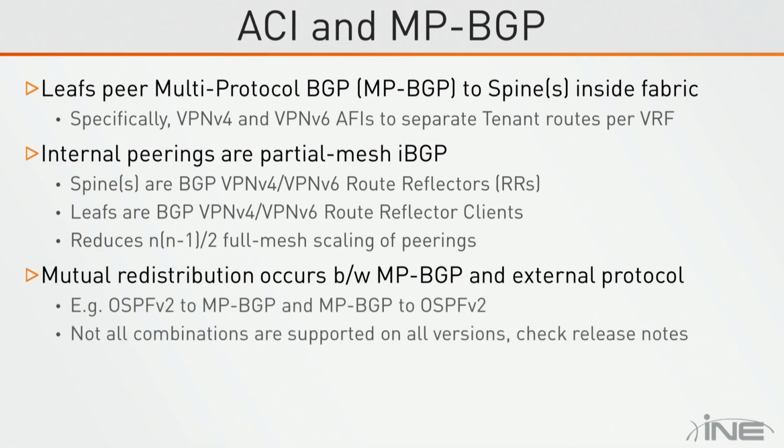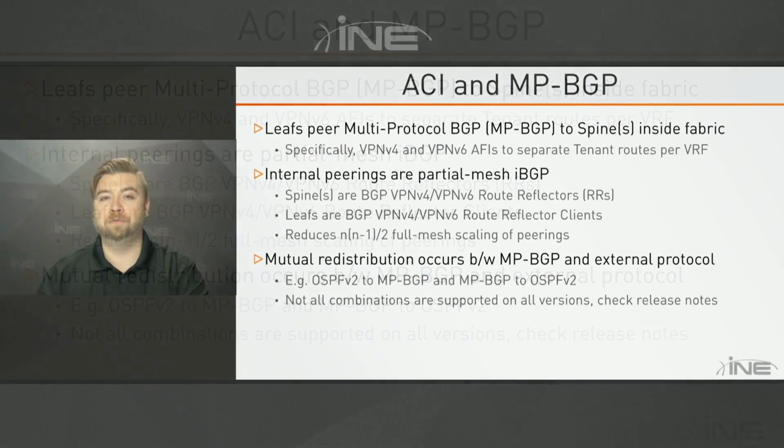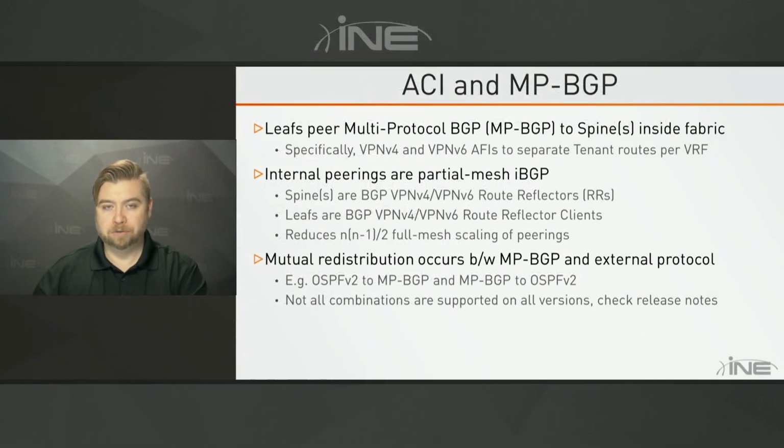Okay, so like I mentioned, mutual redistribution is going to happen between the multi-protocol BGP process and the external protocol. So if we're running OSPF from the border leaf to the external router, we're going to learn the routes in OSPFv2 and redistribute them into BGP. They go up to the spine and are reflected down to the leafs. Then the leaf is going to redistribute that from the BGP process back into OSPF, or back into whatever protocol